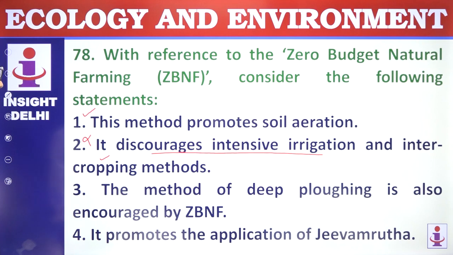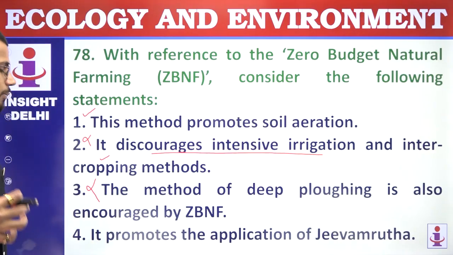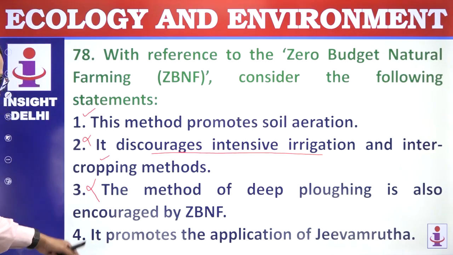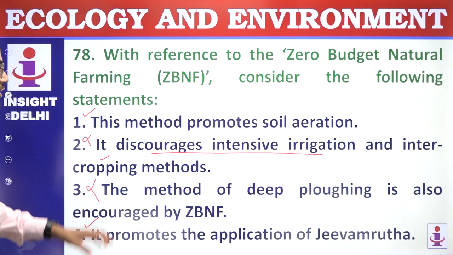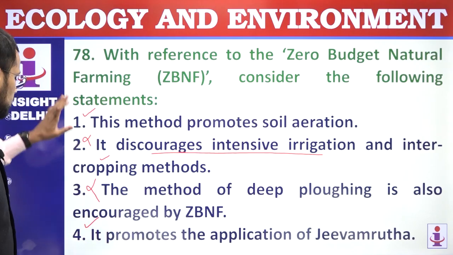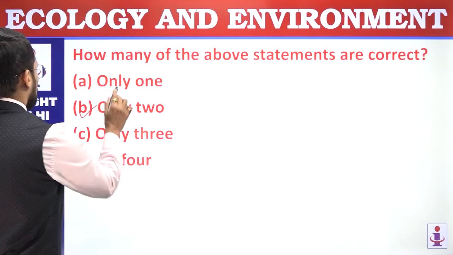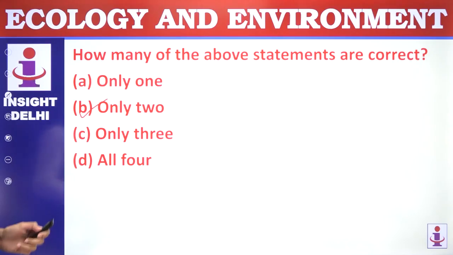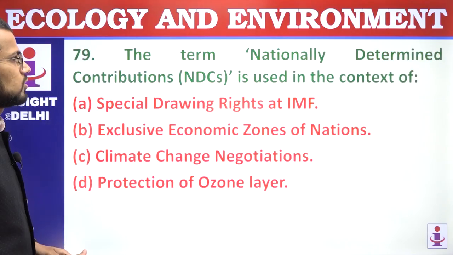Third, the method of deep ploughing is also encouraged by ZBNF. Incorrect. Right? It is based on zero tillage. Fourth, it promotes the application of Jivamrut. Right? So it is a kind of input that is used in ZBNF. So only first and fourth statements are correct, and we are supposed to find out how many statements are correct. Only 2 are correct. Answer is B. 79. The term nationally determined contributions is used in the context of